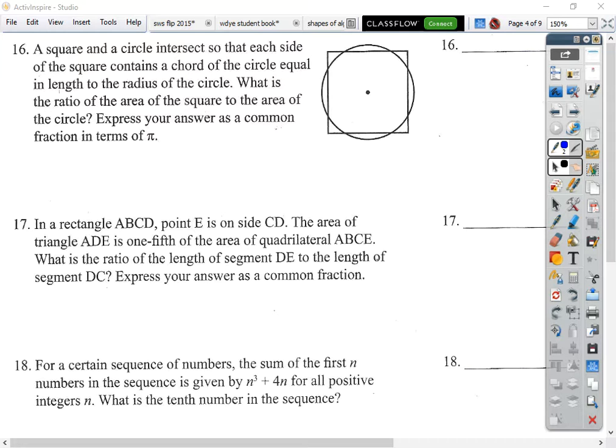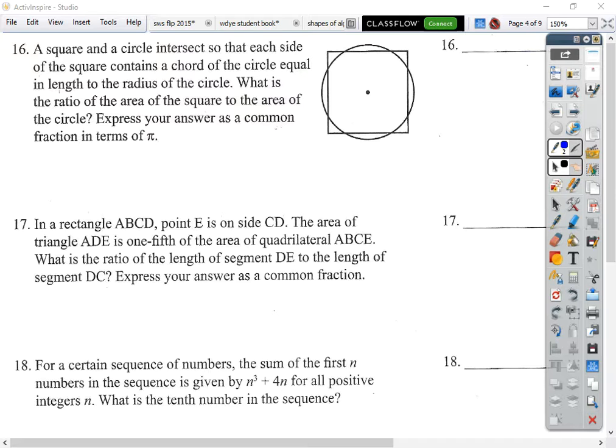All right, so we are looking at the sprint round of the state competition for 2011 MATHCOUNTS. We are starting with number 16, and we'll do a few, might skip around a little bit, but hopefully this helps. So first we're looking at number 16, which says a square and a circle intersect so that each side